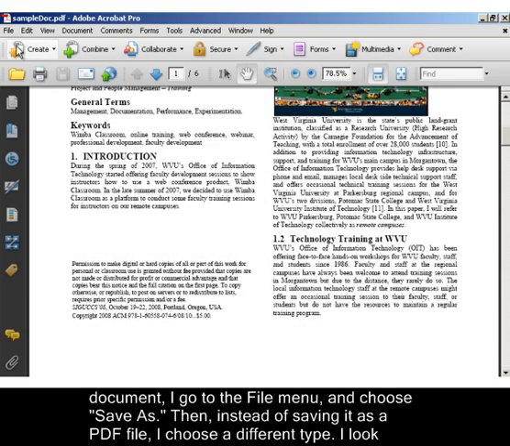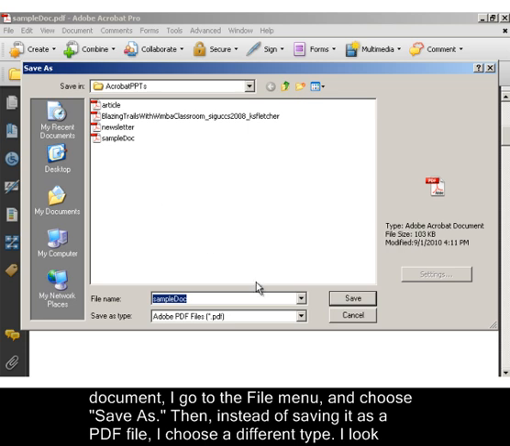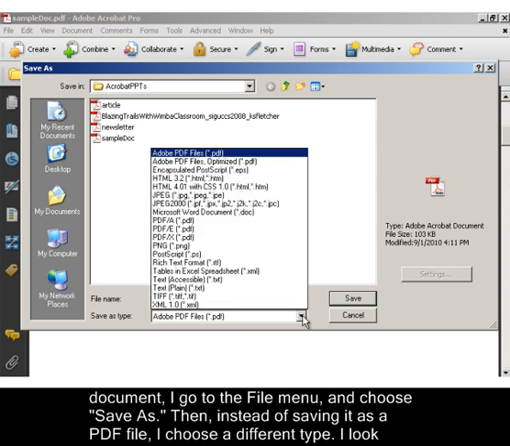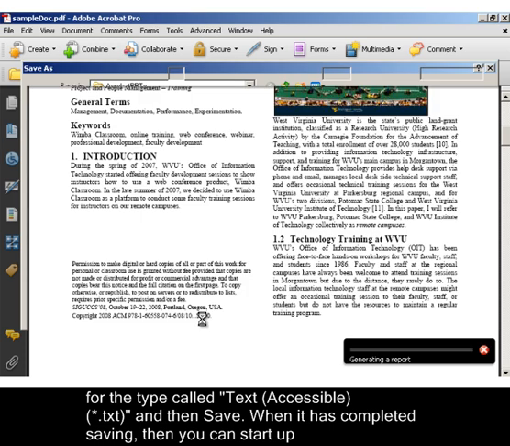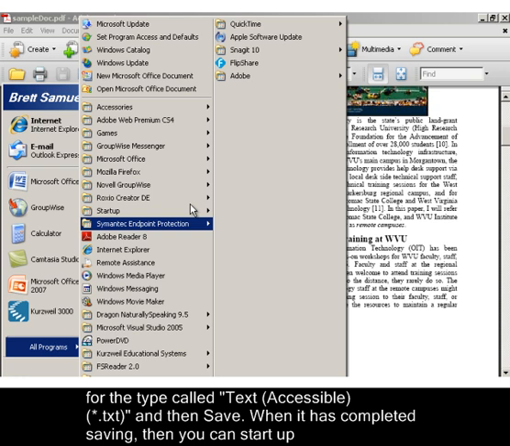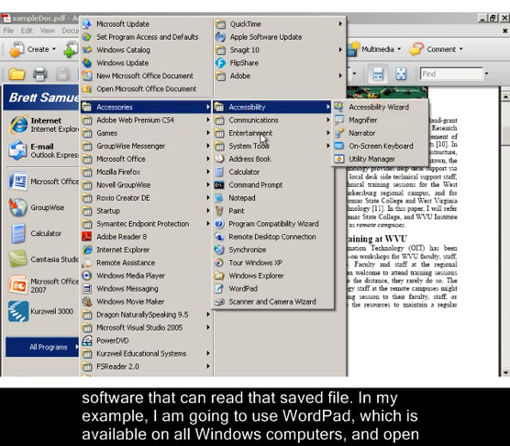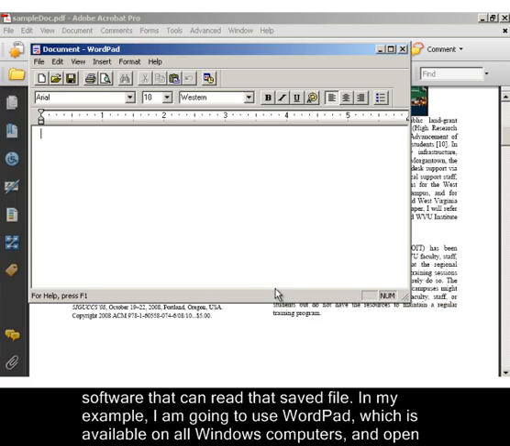So I return to my document, I go to the File menu, I choose Save As, and then instead of saving it as a PDF file, I choose a different type, and I'm looking for the type called Text Accessible, star.txt, and then Save. And when it has completed saving, then you can start up software that can read that saved file. In my example, I'm going to use WordPad